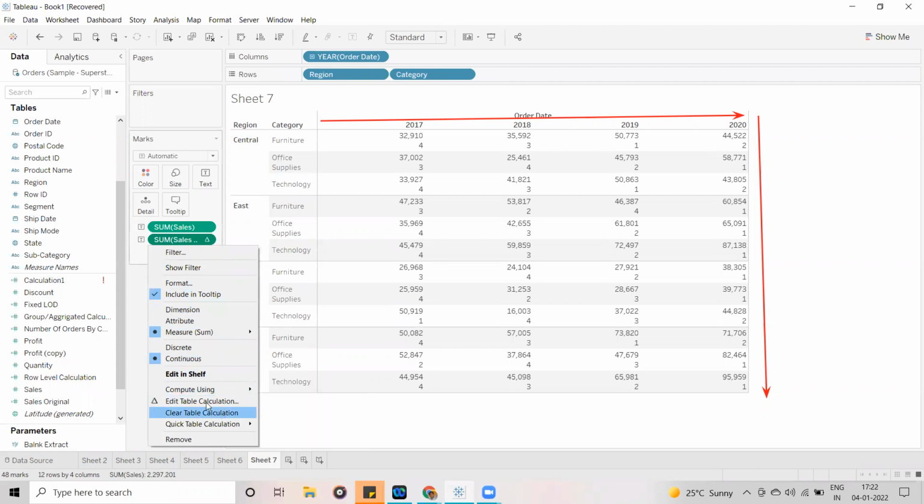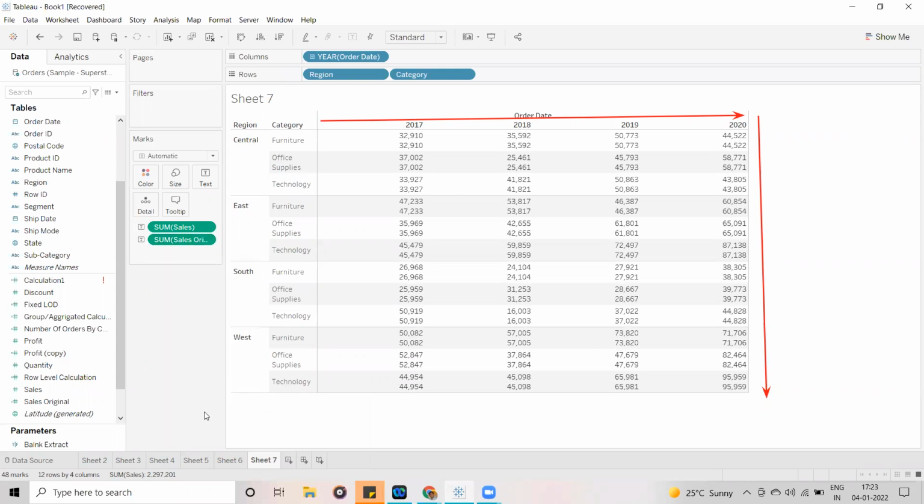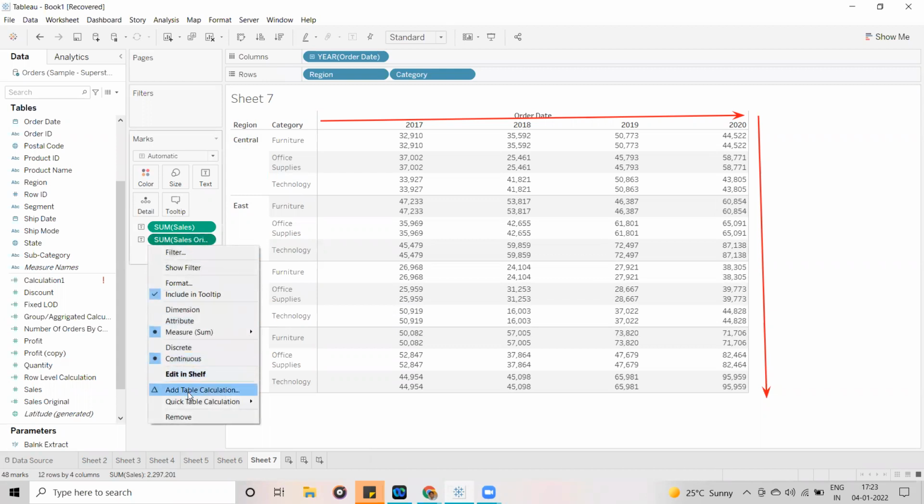Just observe these options: compute using, edit calculation, clear table calculations, and quick table calculations. Now I am going to clear the table calculations. Once I clear the table calculations and go here again, you can see you have only two options: add table calculations and quick table calculations.